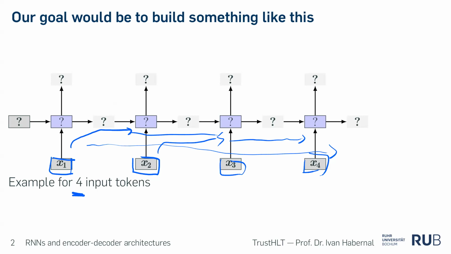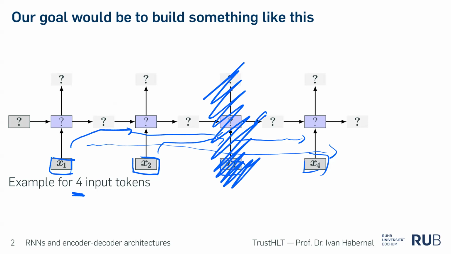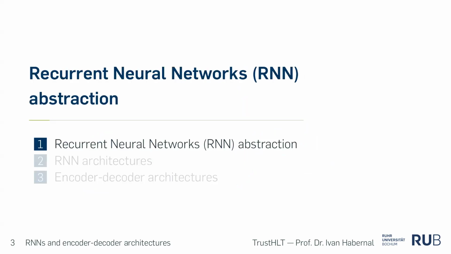Because then if you just delete 1 token from here, we can pretend this is connected together. It will work for 3 tokens, or we can add more tokens. So basically this kind of variable input size is what we want to build somehow. The question is how to build this, right? And that's what we're going to do with so-called recurrent neural networks. And we start with some sort of abstraction.